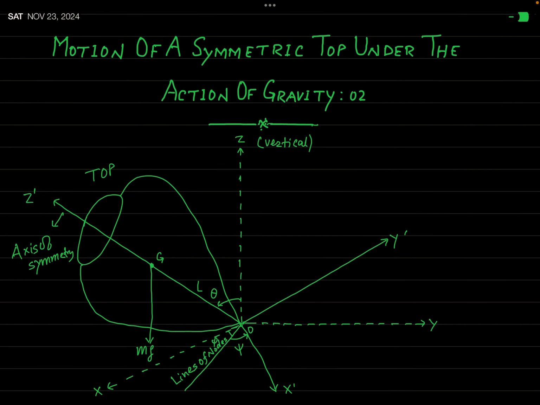In the previous lecture, we started to deal with the problem of motion of a symmetric top under the action of gravity. And in the first part of this lecture, you have seen the basic theory for this symmetric top. Now, I have told you in the first part of the lecture, when we obtained the final result, which I have mentioned here too, that the solution of the final result obtained in the first part is